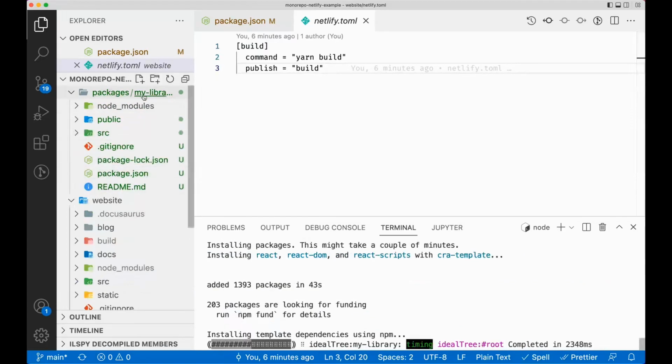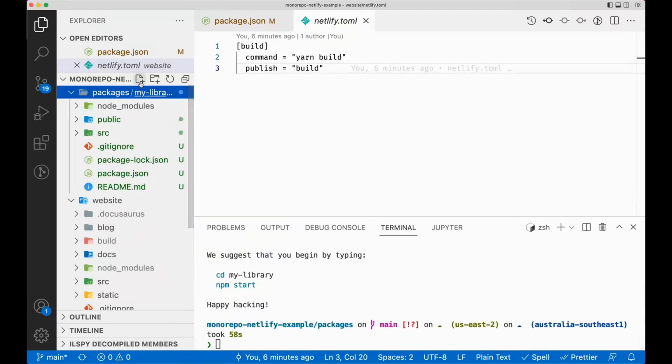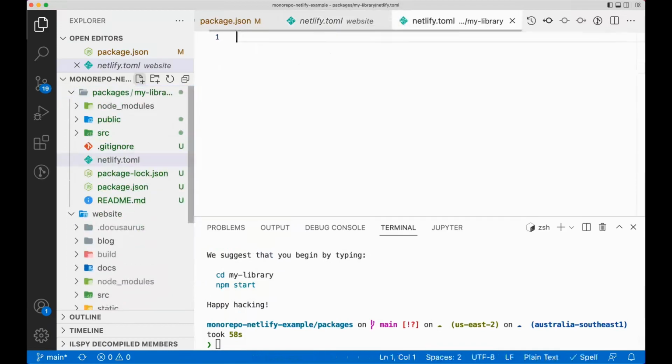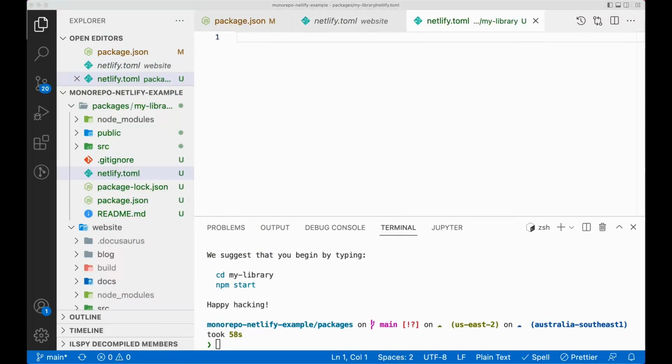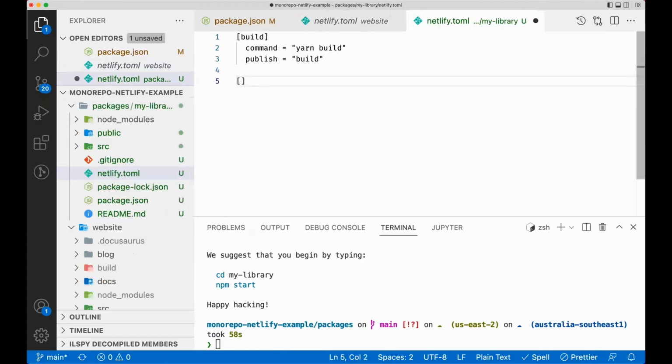Okay, so our package has been created, as you can see. So what we can do is go ahead and create a new file. And inside this file, we're gonna specify what we want. I'm gonna just copy paste what I did before, and then I'm gonna add a new section,